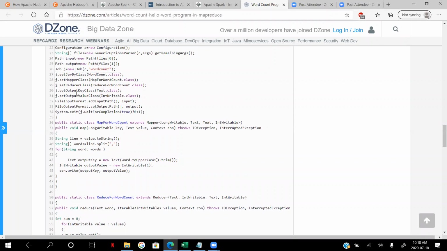And the next one is what the output keys are. So what you're sending out as an output key class, and what output value you're sending. So my key is bus, train, whatever, and the output value is the count. And this is basically setting up the file input format and output format for your input and output, because you've set the input paths. And then it waits for the job to complete. You can keep your driver running for your job to be completed, or you can just exit the program. You don't even need to wait for the driver. There are two ways of actually running the driver.